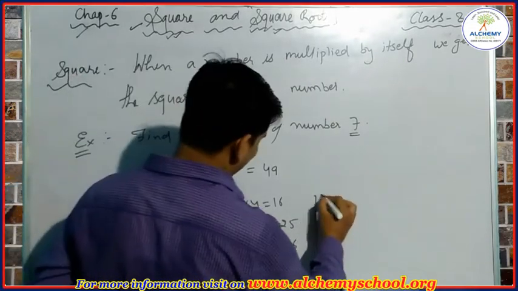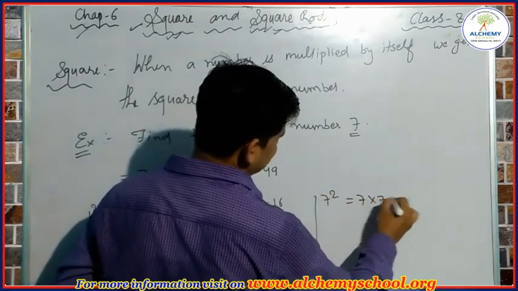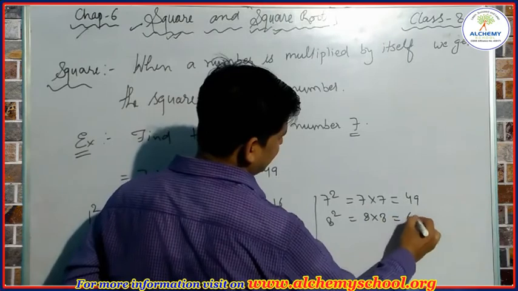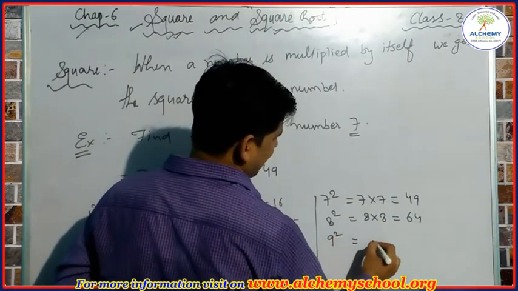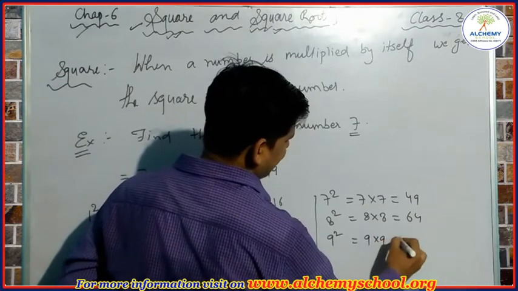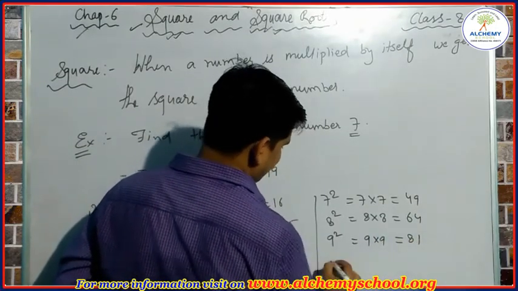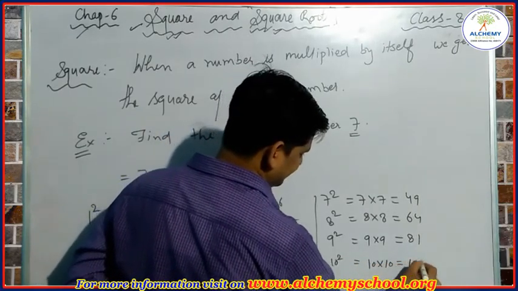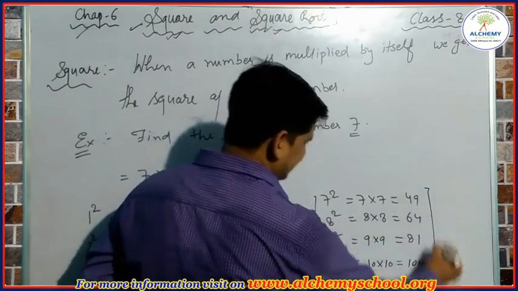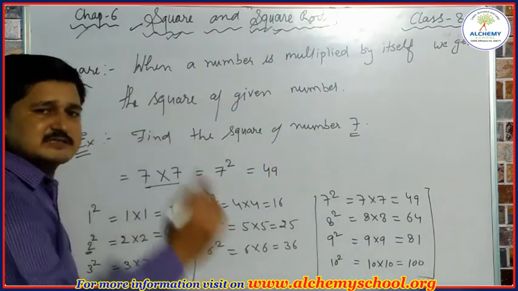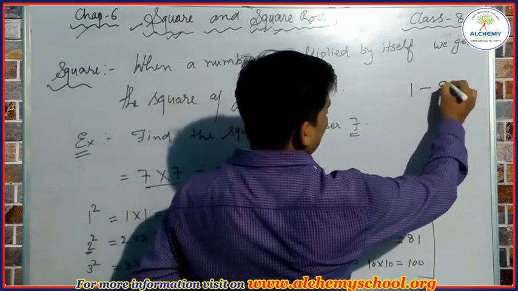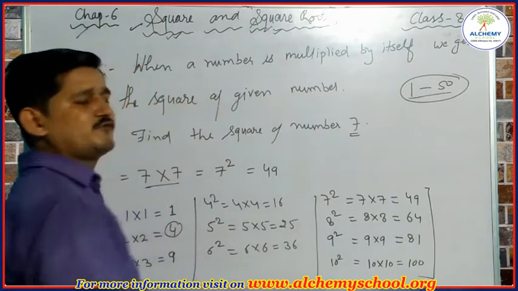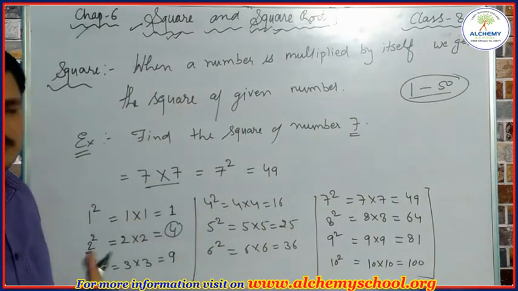The same way if we have 7 square, 7 is multiplied by 7, we get here 49. 8 square, 8 is multiplied by 8 and we get here 64. 9 square, 9 is multiplied by 9, so we get here 81. And when we have the value 10 and we are going to find the square of 10, 10 is multiplied by 10 and we get here 100. Okay, so by applying the same criteria, we can find the square of at least 1 to 50. You have to memorize the squares of 1 to 50. It will help you to solve your problems from the exercise.